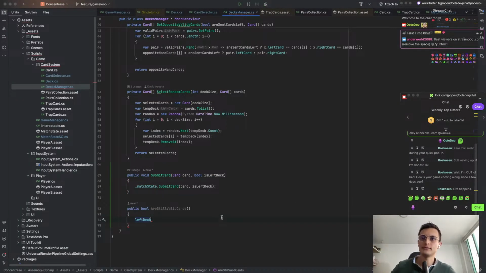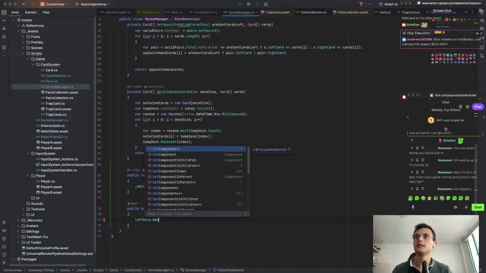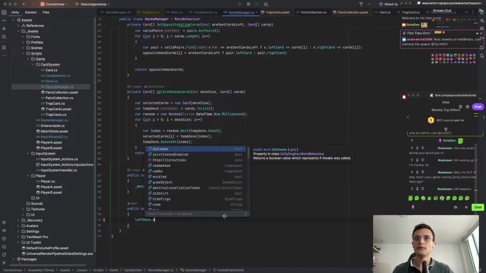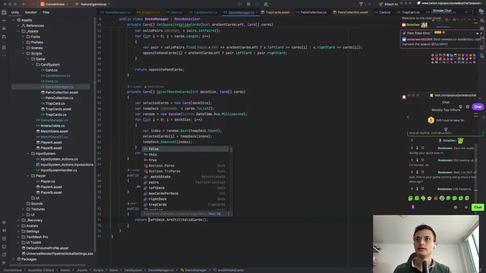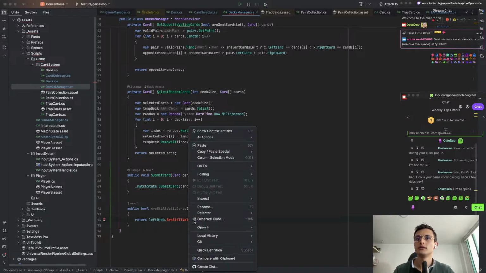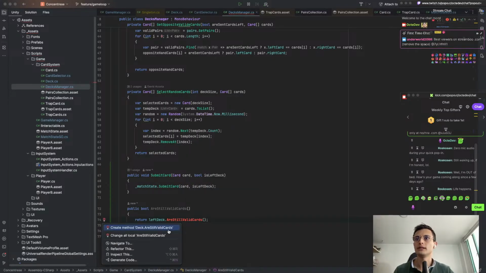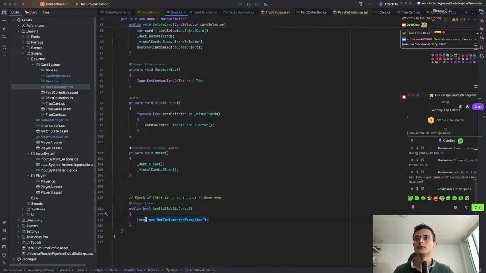So I will say get, I will just use the same, are still valid cards. This is the thing that I will return. So a var, return this. So I will implement this method real quick, and here I will look for